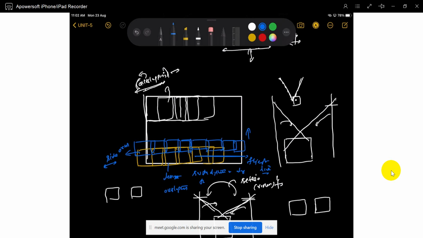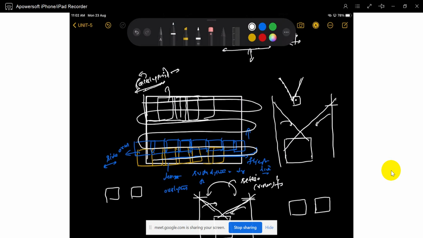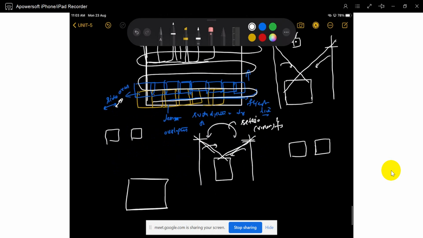Again the flight will go like this, and come back like this, and go like this, and come back like this. So how many photographs are required to get the exact information of that area? Based on the overlapping, how much area do we really cover from one photograph? Total area divided by one photograph gives the number exactly.